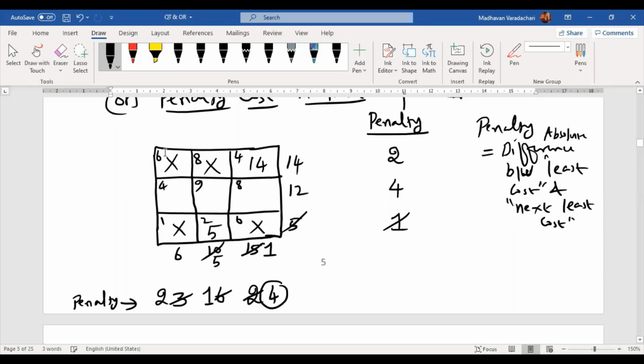Are you clear? When I come to this column, only one cell is there. That cell is having 4 only. Somebody is asking, where is the other number? You say nothing. Nothing means 0. So you have to subtract 4 minus 0. 4 minus 0 gives you 4. So